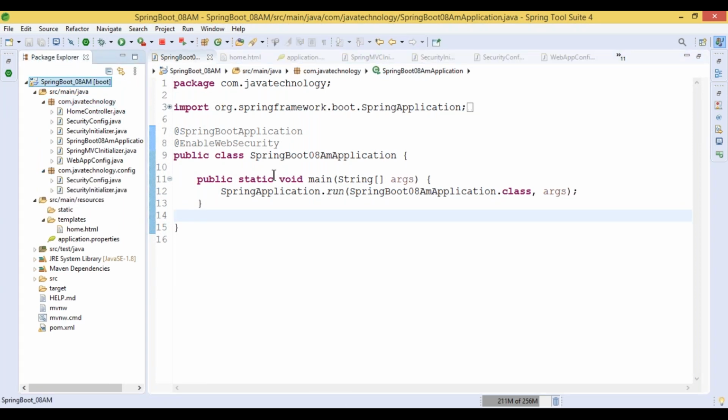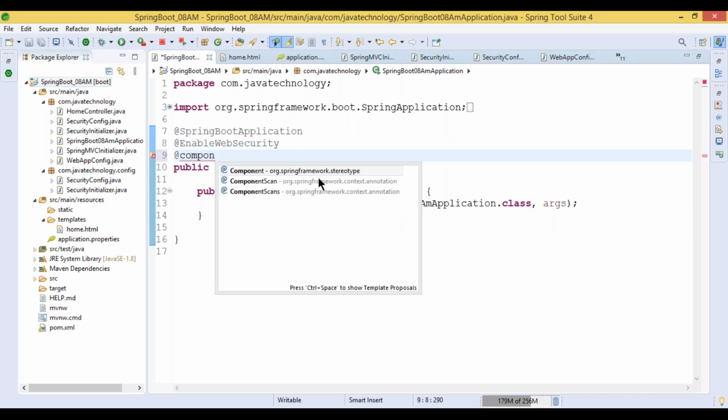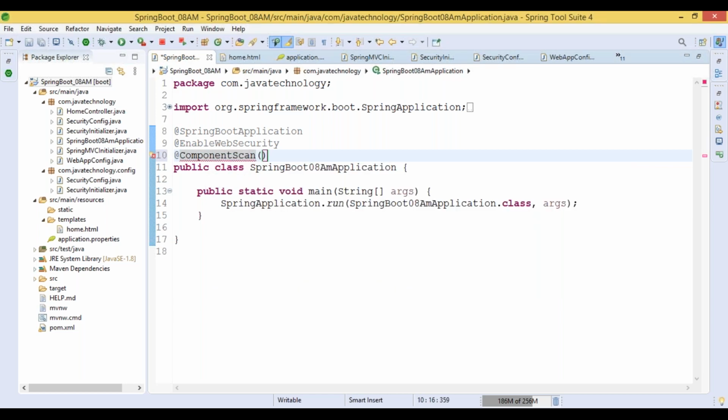Okay. Let me use the component scan. Any issues with component scan, because the classes, I hope they will be created.